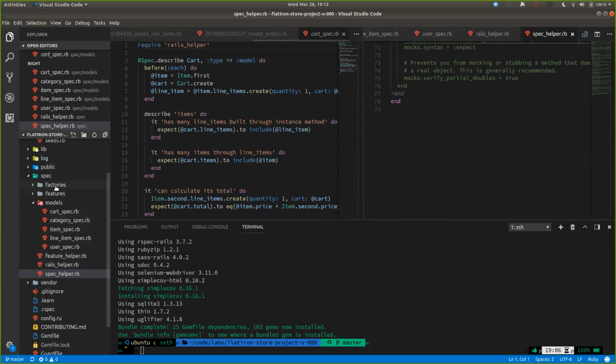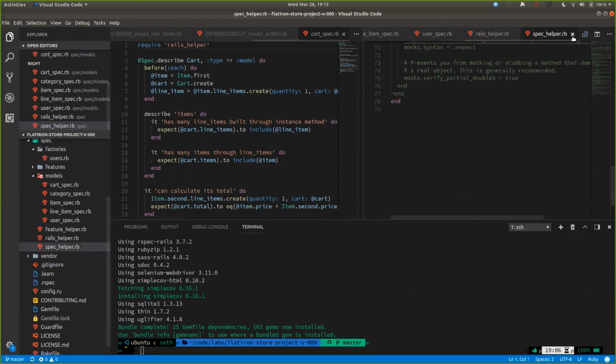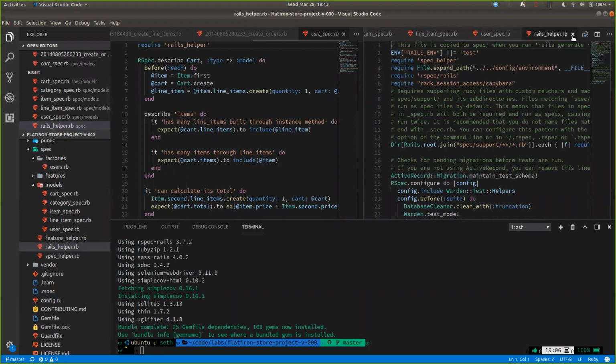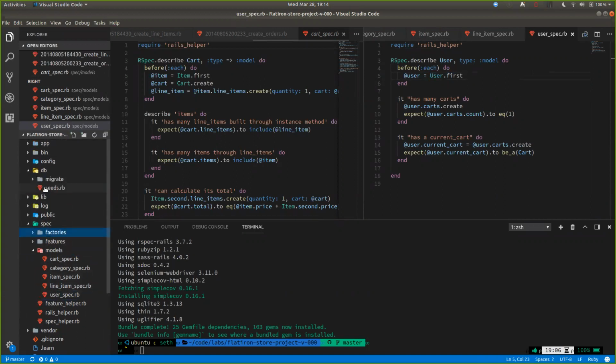No. Let's see, factories. Here's a user factory. Okay, I'm stepping through the specs to see what's going on. Oh, this is why we throw errors without seeding our database, because the user model test spec is just looking for the first user. So if you don't put one in your database, all the user tests are going to fail over and over and over again. So that's why we need this seed. So let's do that